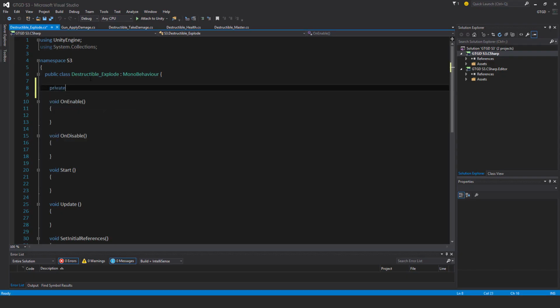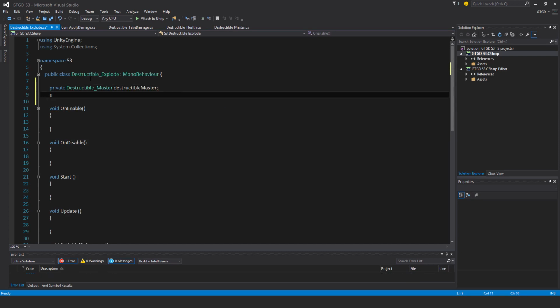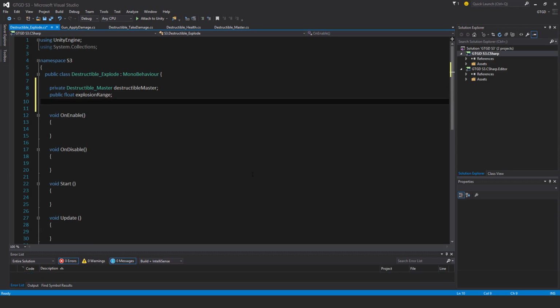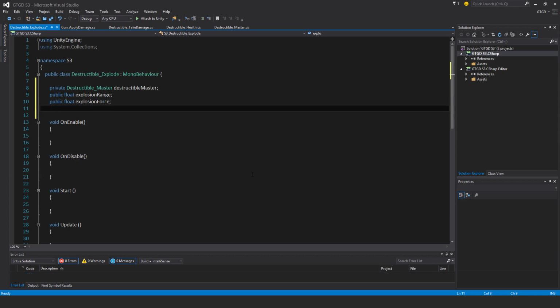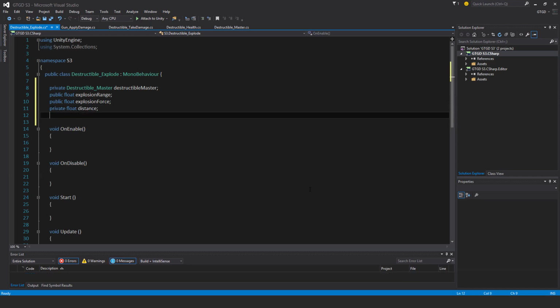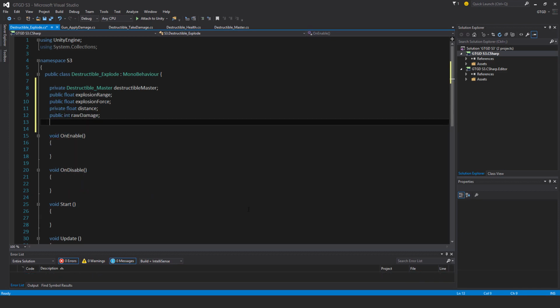Okay, so private Destructible master. We'll make it public float explosion range, public float explosion force, private float distance, public int raw damage, private int damage to apply,